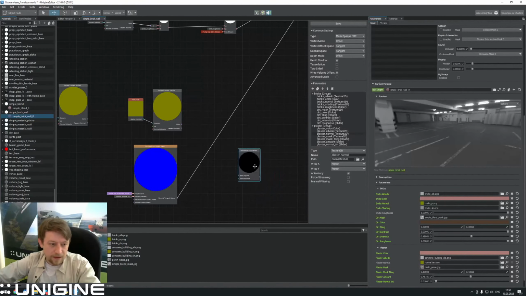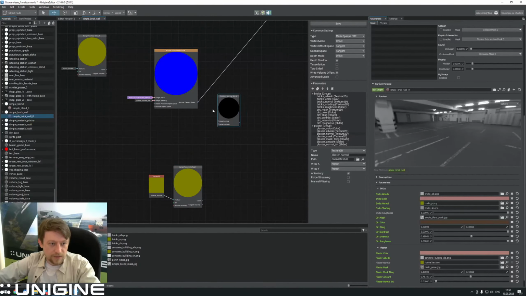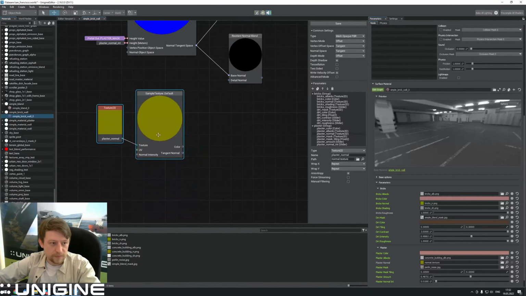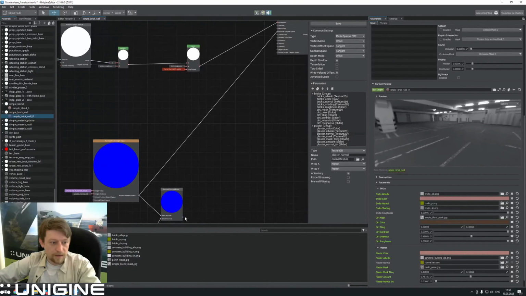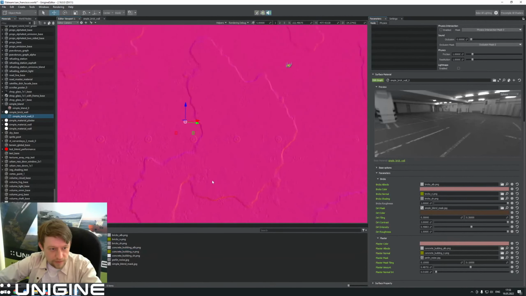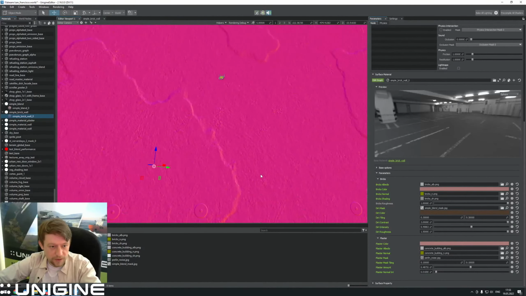Yeah, and let's just swap them, and we basically connect base normal with the detail normal and connect it with normal tangent space, save, and let's assign a texture of the plaster, concrete building N. Okay, that's fine. Yeah, as you can see, it works, but